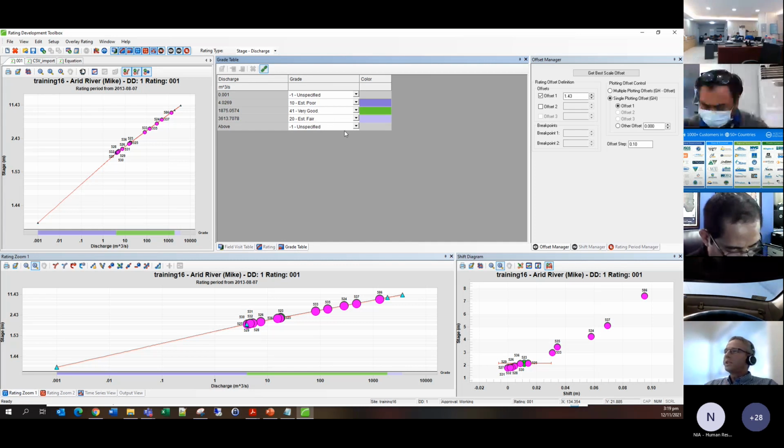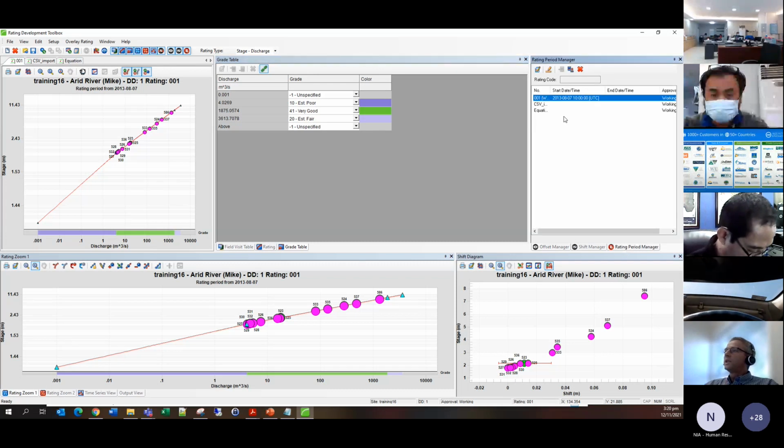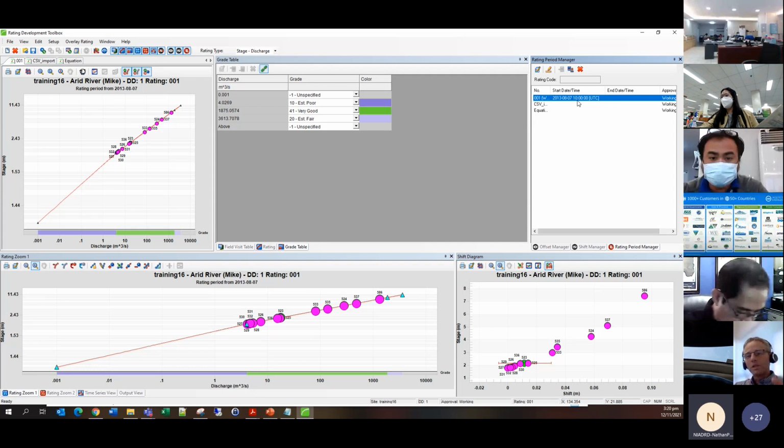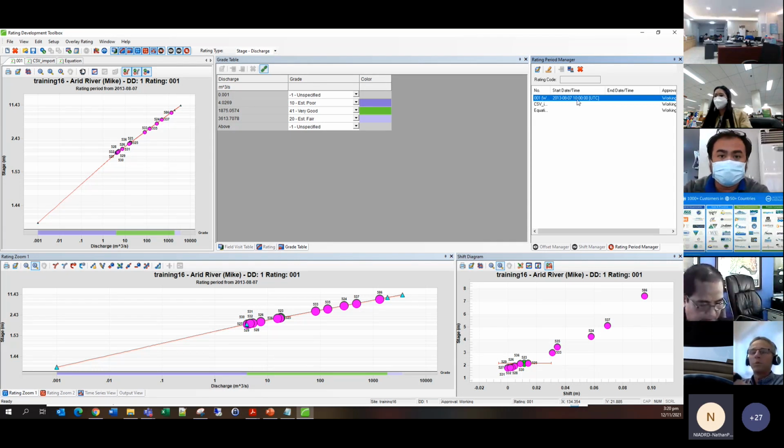So you would go through and just check your grades. One thing that you want to get correct is the dates that you say this rating applies from. So you should probably just check that those dates are correct in terms of when they start, when they stop. Are they overlapping? Is there an overlap? And if there is an overlap with them, is the overlap period sensible? And then